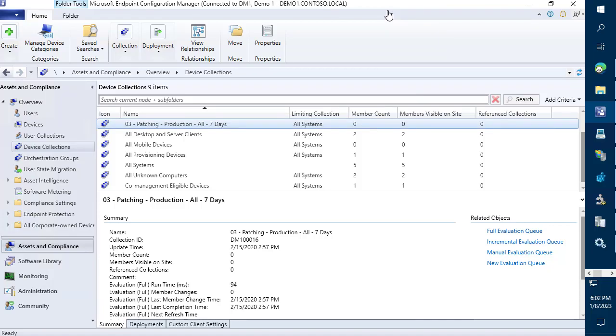So hopefully this was just a good guide for letting you know how that flow works. If you ever have to troubleshoot why hardware inventory isn't making it up, it could be something like the management point isn't running, or could be an issue with the data